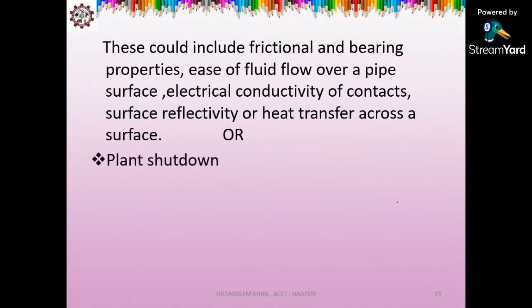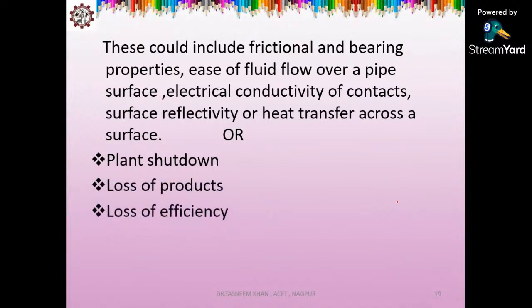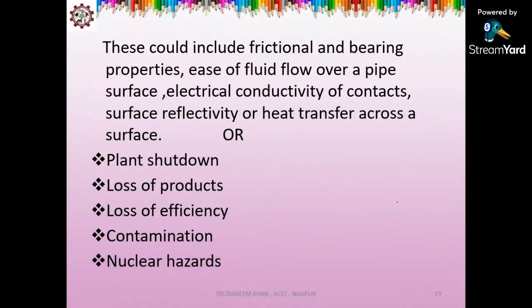Or it may result into the plant shutdown, may result in the loss of product, may result in the loss of efficiency, and no doubt it results into the contamination of the harmful product into the main product, and at the end we can think of nothing but nuclear hazards. क्योंकि जितने भी आपके न्यूक्लियर पावर प्लांट है वो मेटल के ही बने रहेंगे, वहाँ ज़रा सा भी करोजन होगा तो न्यूक्लियर हजार्ड अगर हो गया, so it will be very much harmful for the environment and to the human population as well. So corrosion अच्छी चीज़ नहीं है, इसको हम क्या कर सकते हैं,